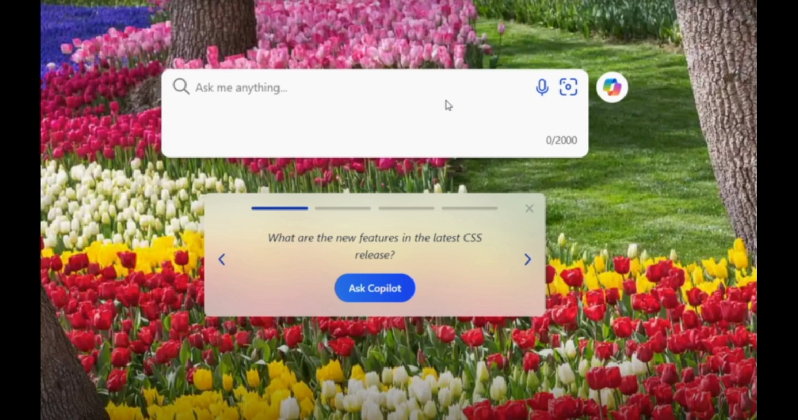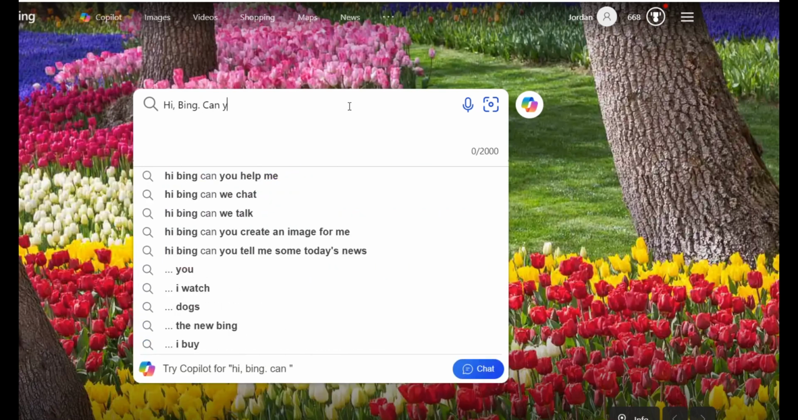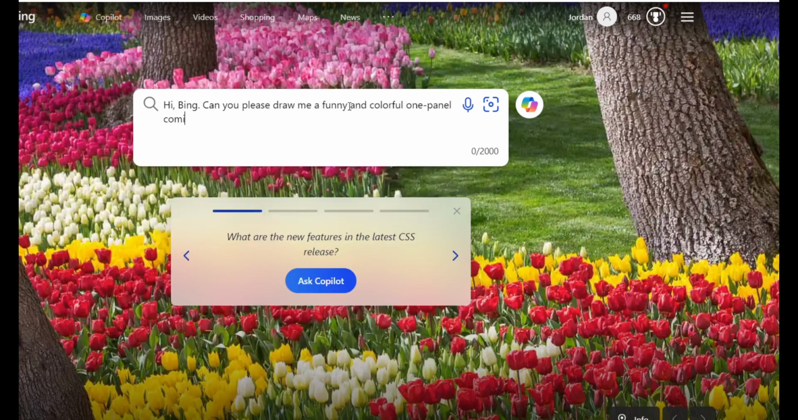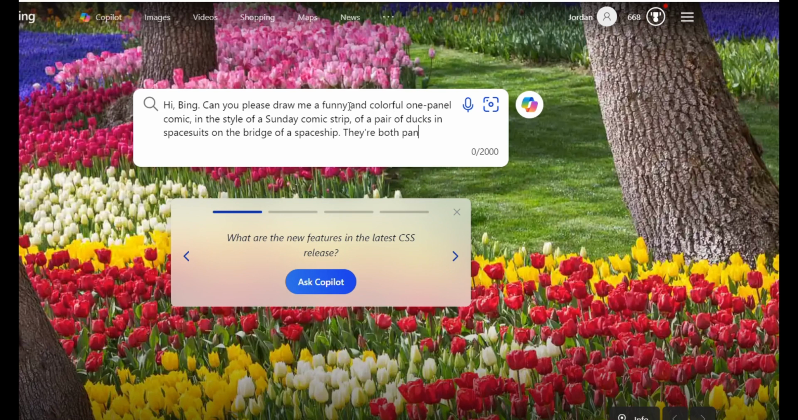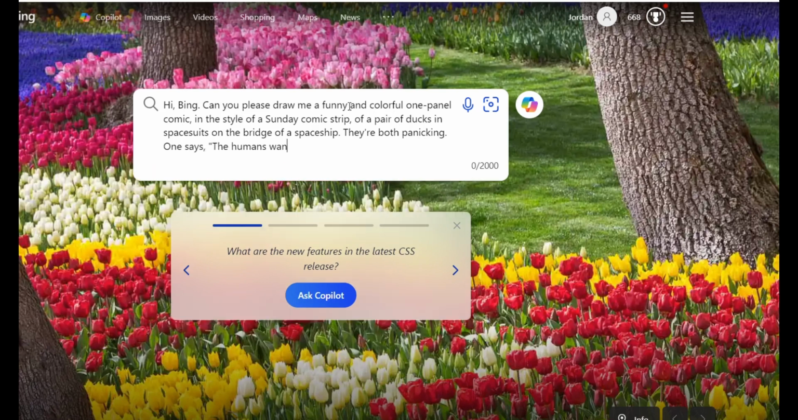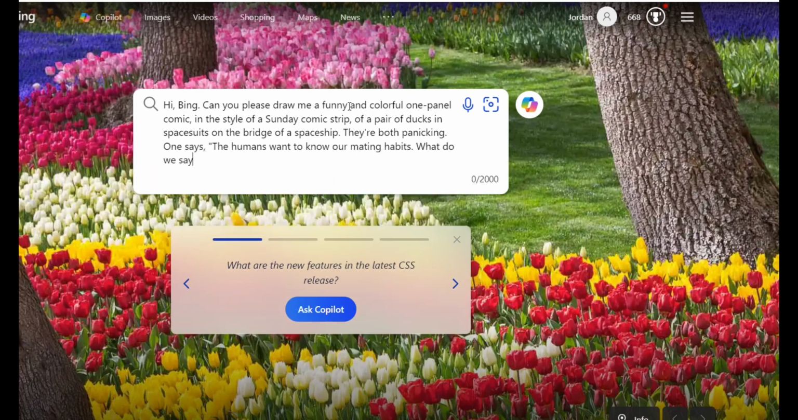So, the first thing I do is I go to Bing. I just basically put in a very simple prompt, basically the same prompt every time, but with a few tweaks. Just asking, draw me a funny and colorful one-panel comic in the style of a Sunday comic strip, blah blah blah. And then I basically go into ChatGPT, and I ask the same question,